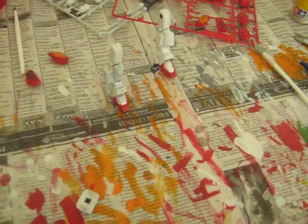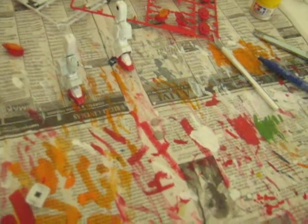Okay, so enough about that. More about the models. Heavyarms is coming along nicely. The paint is too thick in some areas, but I'm going to take care of that with some thinner and maybe buy some extra fine brushes. The diorama is coming along great, as you can see over there. So after these two are done, the only thing left is to prime and paint